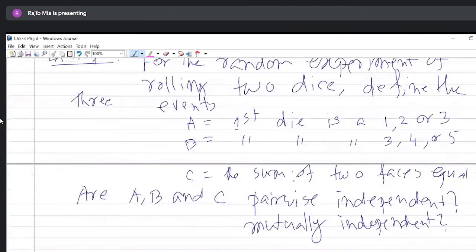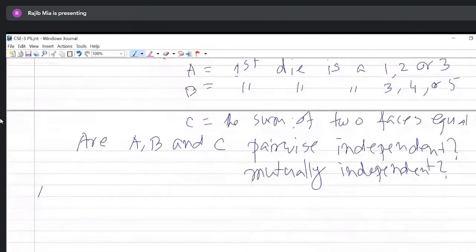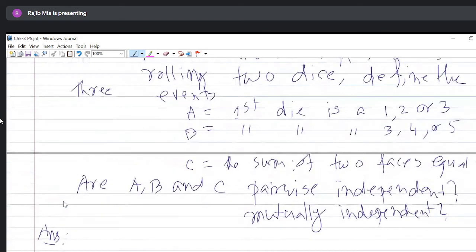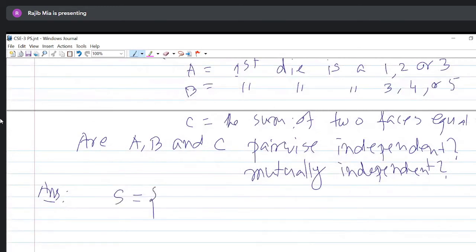First, check for pairwise independence. For this, you have to find the probability of A, probability of B, and probability of C. Then the probability of A intersection B, B intersection C, A intersection C. So what is the probability of A? Yes, 1 by 2. Because if you write the total number of outcomes, that is the sample space, 1 comma 1,